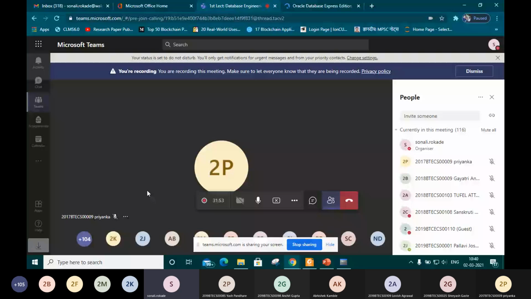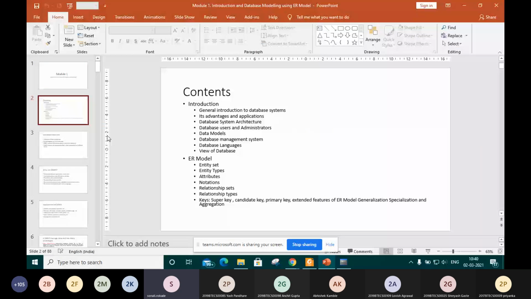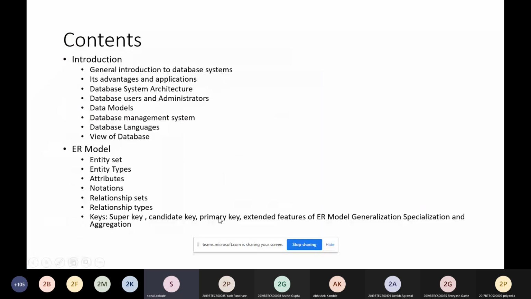So now we are going to start with our first module. Let me show you how our first module is going to look. As I told you, let me start the slideshow. We have a few contents in our first module. We are going to see them one by one, because the output of every concept included here is going to become an input of another concept. That's why we are going to see each and every one in sequence for this module.